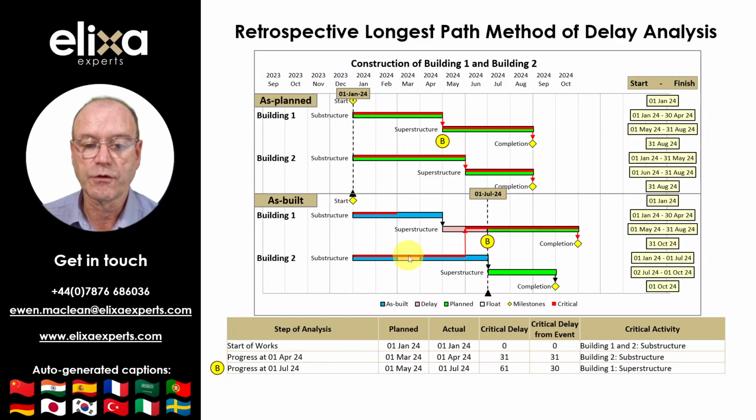Since the retrospective longest path method of delay analysis identifies the as-built critical path, i.e. standing at the end of the project and looking back, it does not show what was critical at the time and can mask delays. So in this example, the results of the retrospective longest path method of delay analysis have been shown to be unreliable, as it does not take account of what was critical at the time. That's it. I will leave it there and look out for the follow-up to this video, where I further discuss the reliability of the retrospective longest path method of delay analysis and what to look out for.